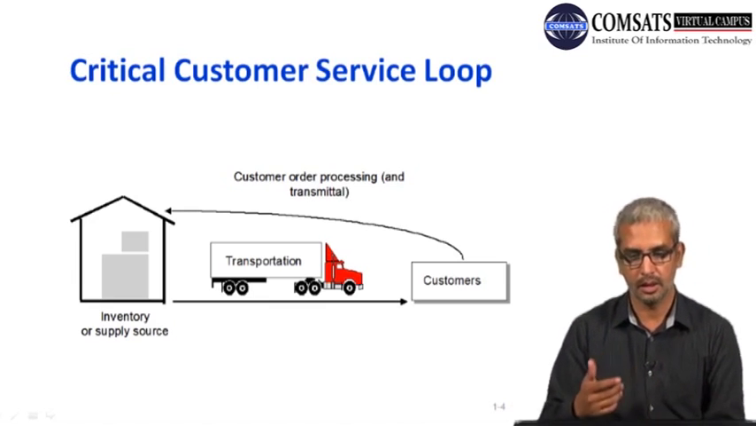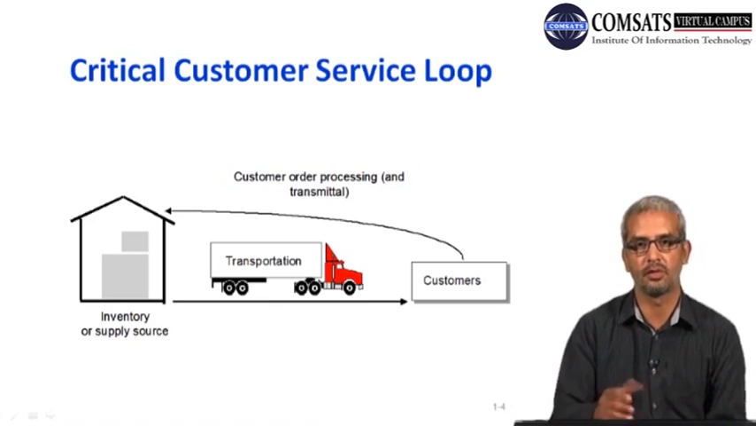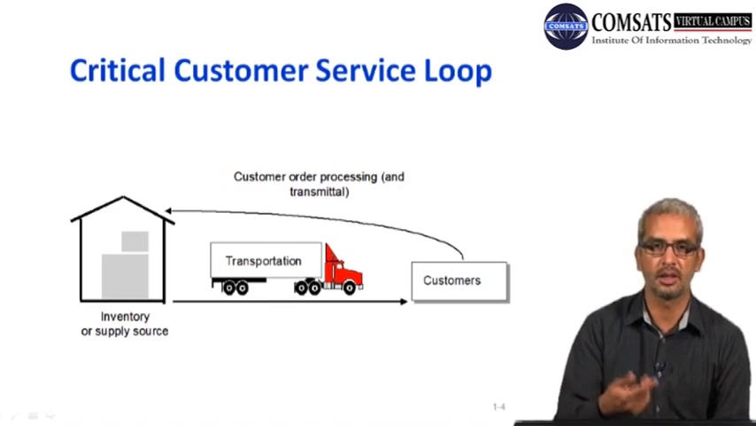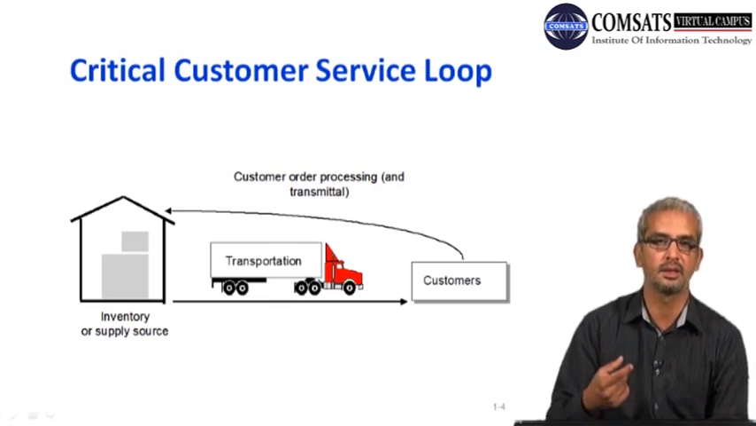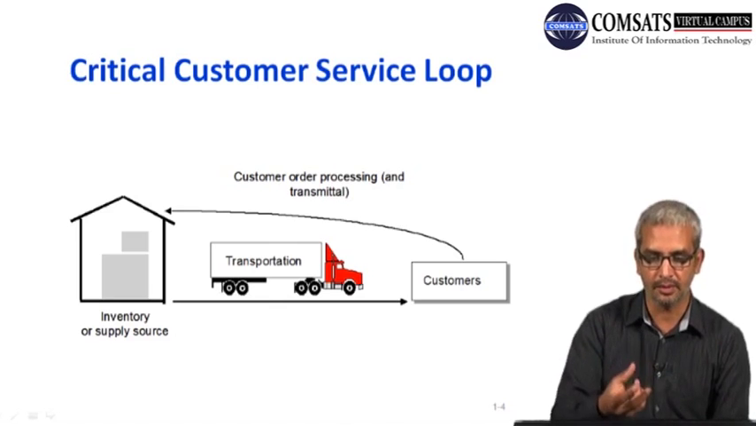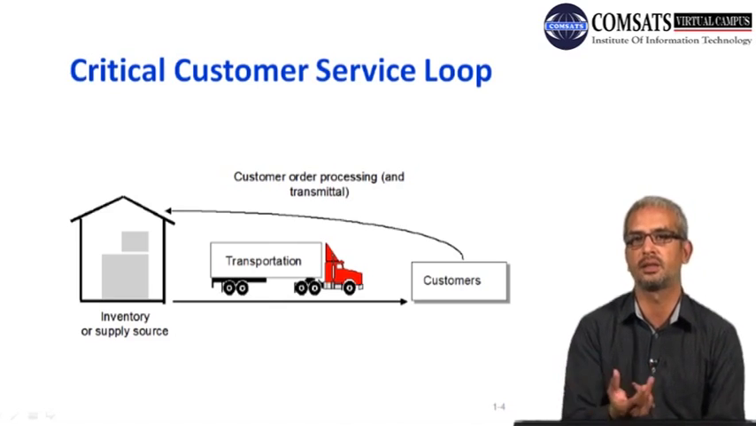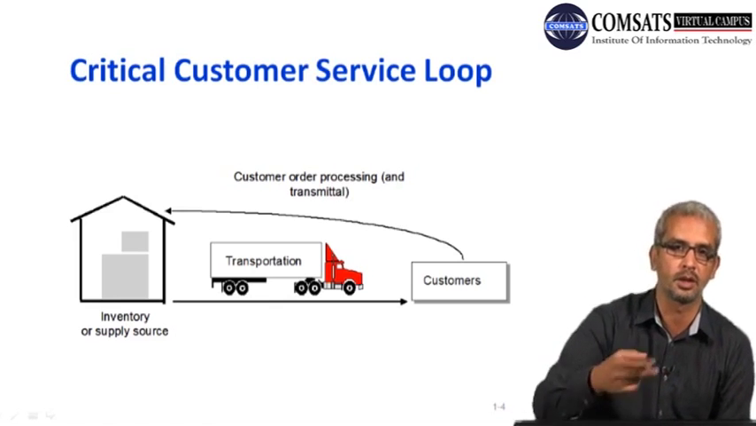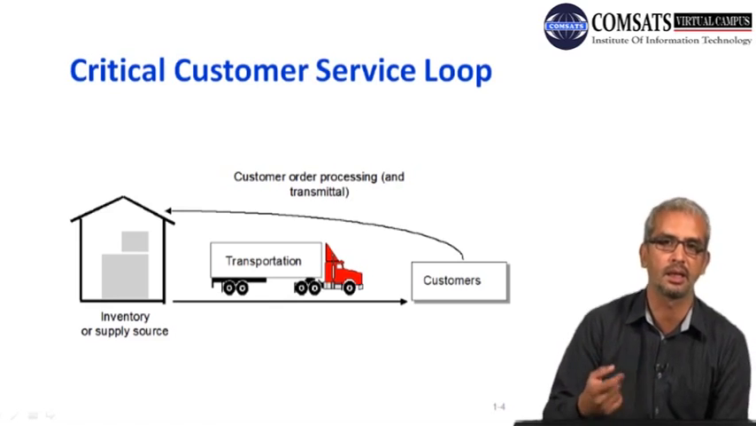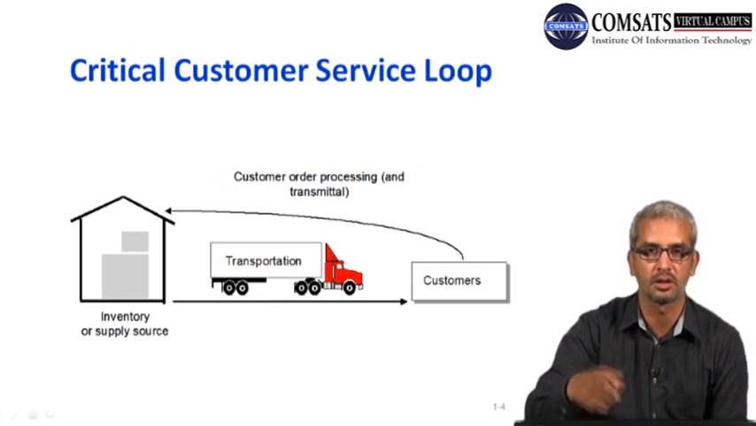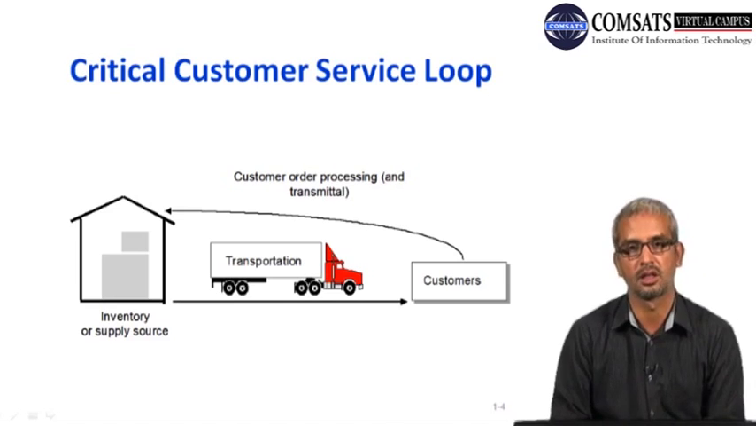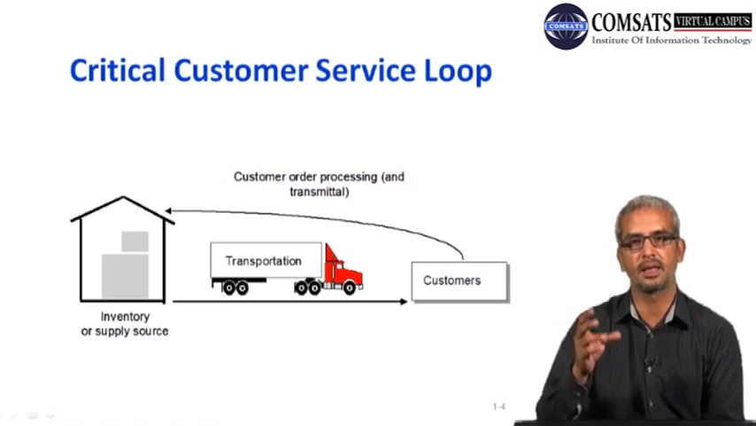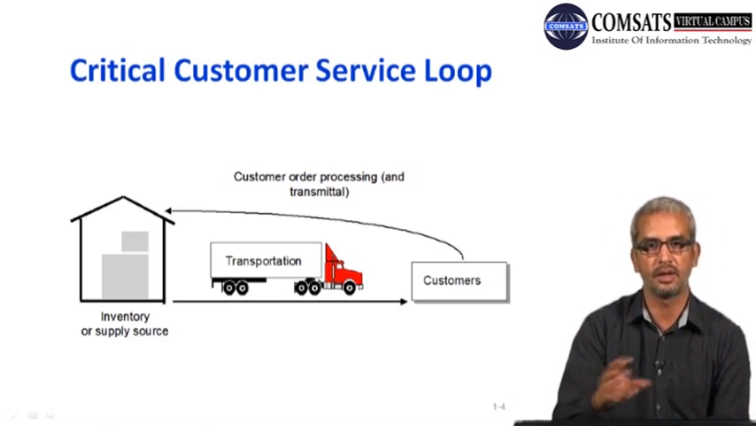Now, the most important aspect of the whole supply chain process is the customer order processing. As I mentioned earlier, that customer order processing is the point where everything starts. Either the demand is forecasted, or the order is placed, and in the case of an order-based production system, the customer places the order and the production process starts. So the customer order processing and the mechanism through which it is transmitted is a very important aspect,